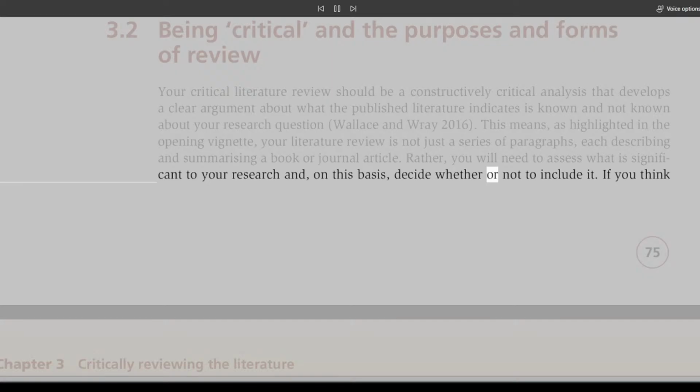In critically reviewing the literature, you need to read the literature about your research topic with some skepticism and be willing to question what you read, the term critical referring to the judgment you exercise. This means as you write your review you need to be constantly considering and justifying your own critical stance with clear arguments and references to the literature rather than just giving your own opinion. As you review the literature, your existing views and opinions are likely to be challenged by what you read. You should welcome these challenges and recognize that through thinking critically about what you are reading, your views and opinions